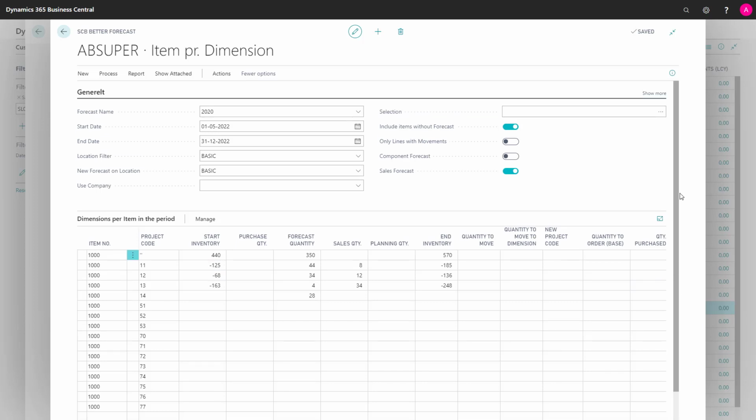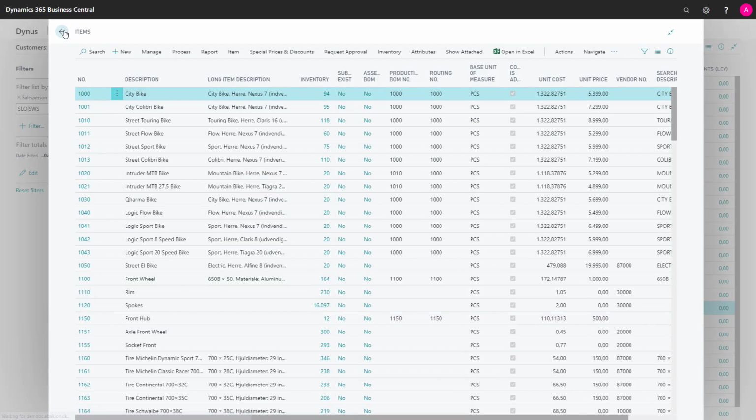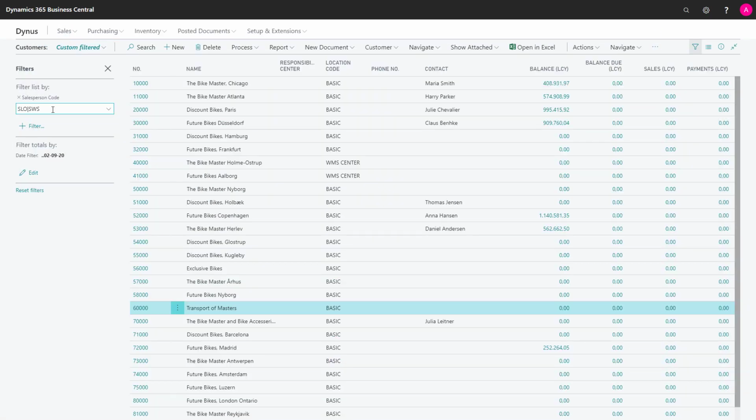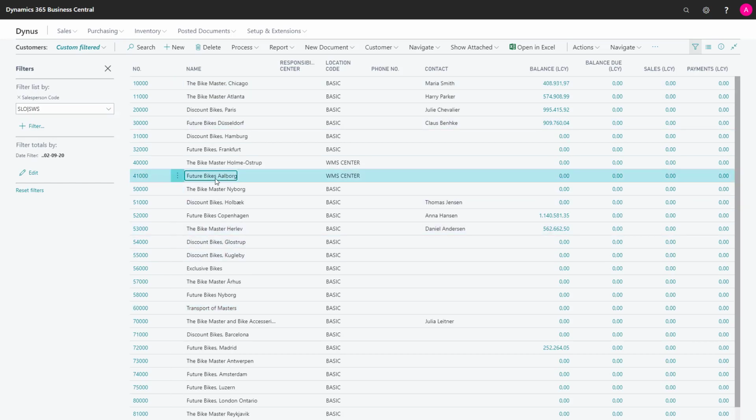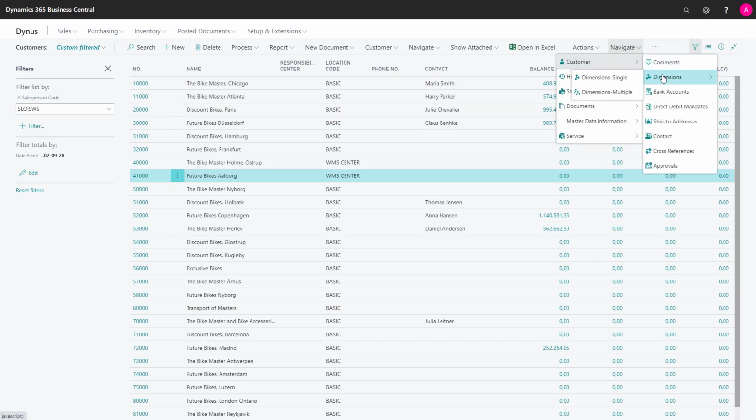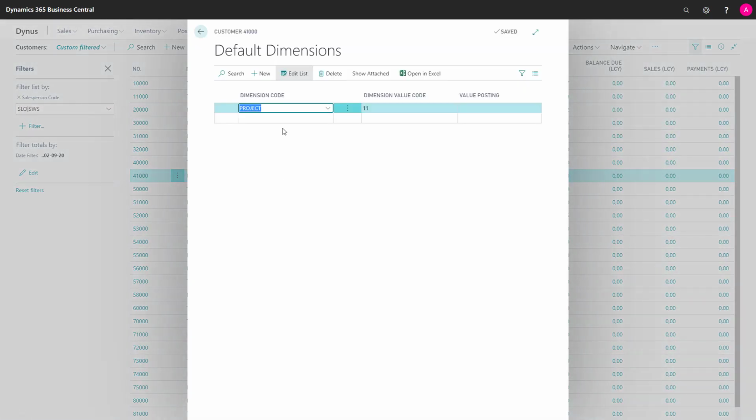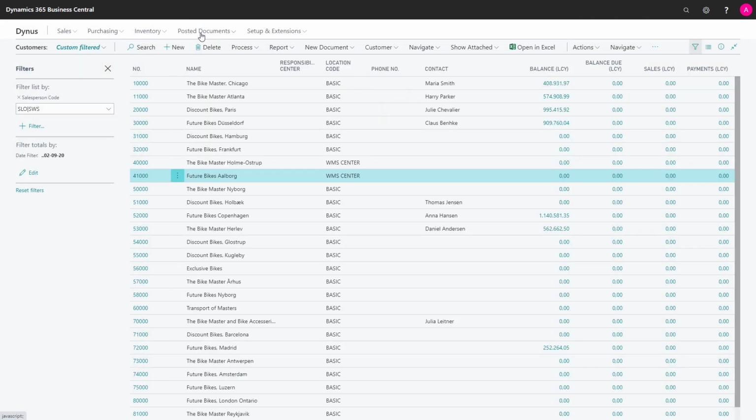So I like to make a filter on this list with project codes or global dimension codes that are still active. Active meaning, and maybe I also want to add a salesperson filter. So for two of my salespersons, I would like to filter on all their customers, and pick the information value from those customers and make a filter on those. So if the customer in here has a project code like this, a dimension value code, I'd like that to be part of the filter.